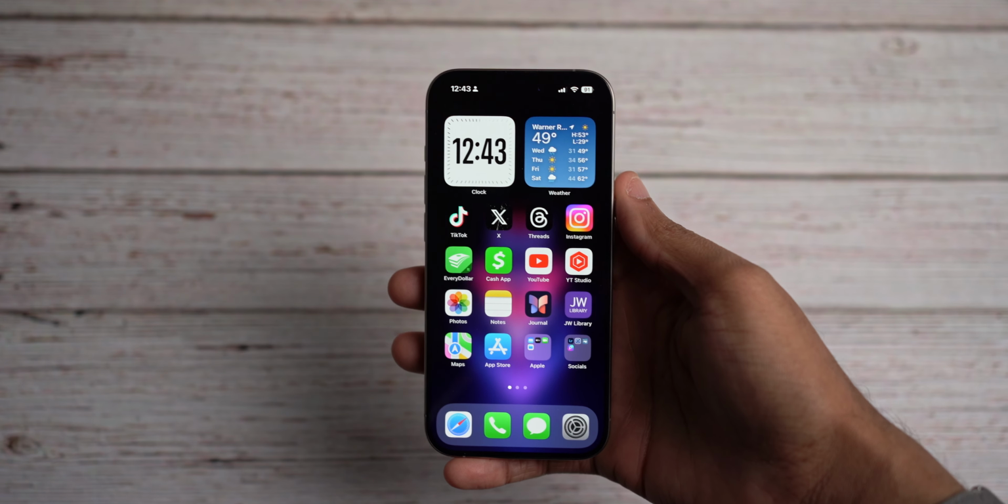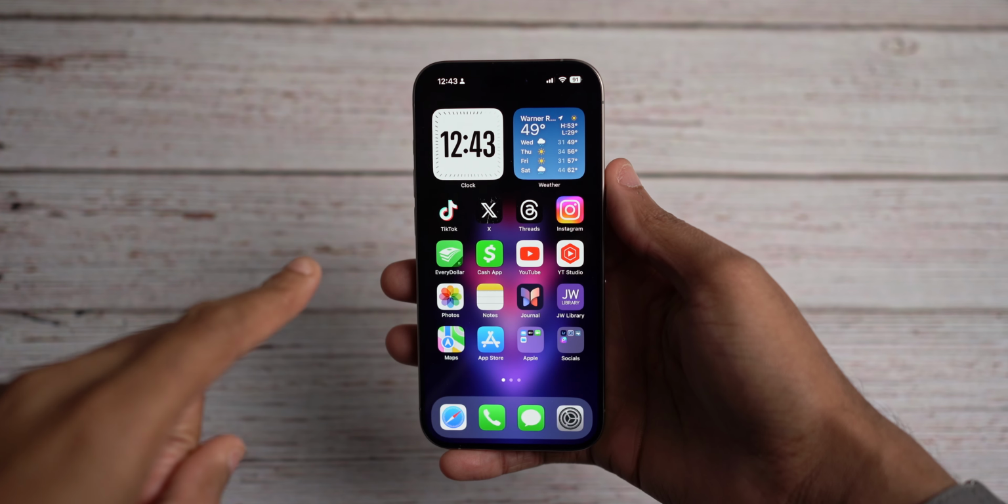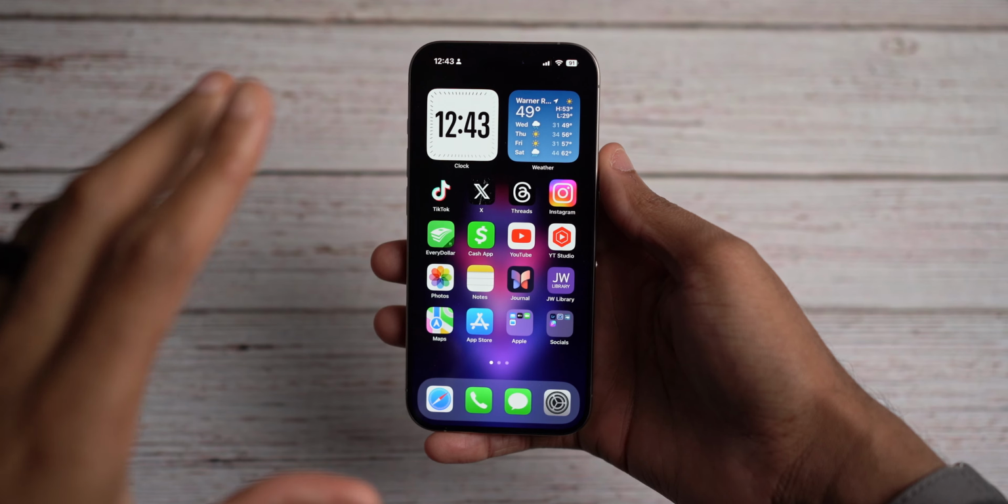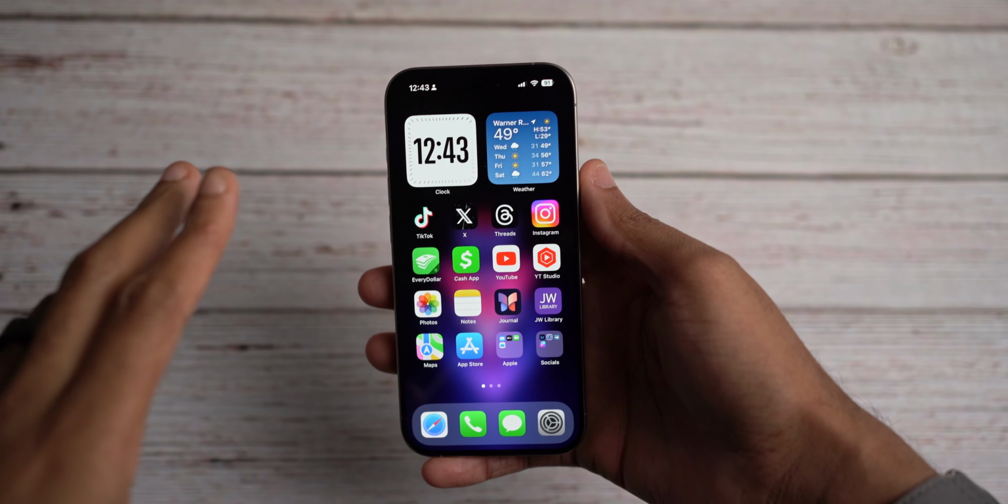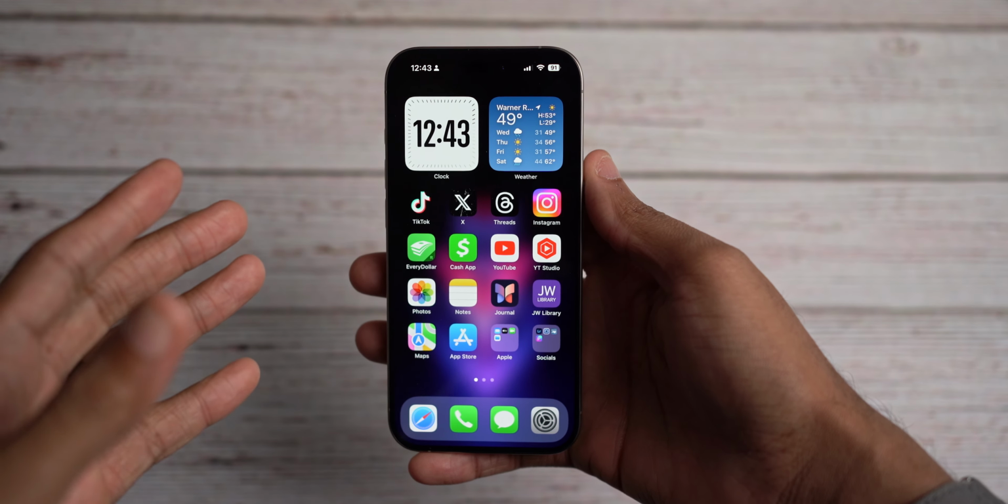Back here to talk about iOS 18 and my top 15 wishlist items that I hope Apple will bring. Now, it's a new year in 2024, which means, of course, the new big firmware software update that will be